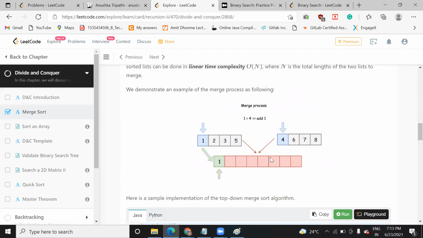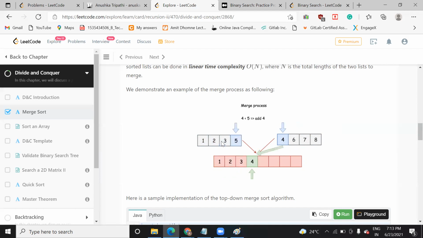You can see it is checking 1 with 4 and immediately got the data 1. Checking 2 with 6, 2 is less, so 2 will be selected. So here picking of data is faster, computing time will be less as compared to other techniques.